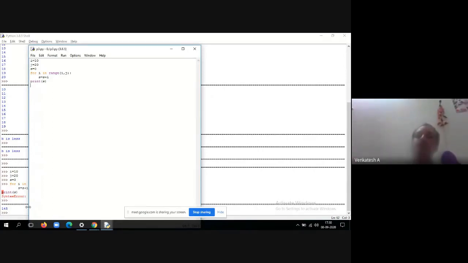The task is, you need to install Python in your system, and create one file. In that, you need to display one hello message, which also includes your name and USN. So install Python, then create a file, save it with the .py extension, and the output of the file should display your name and USN. If you send that screenshot to my email, that will be considered as today's quiz.